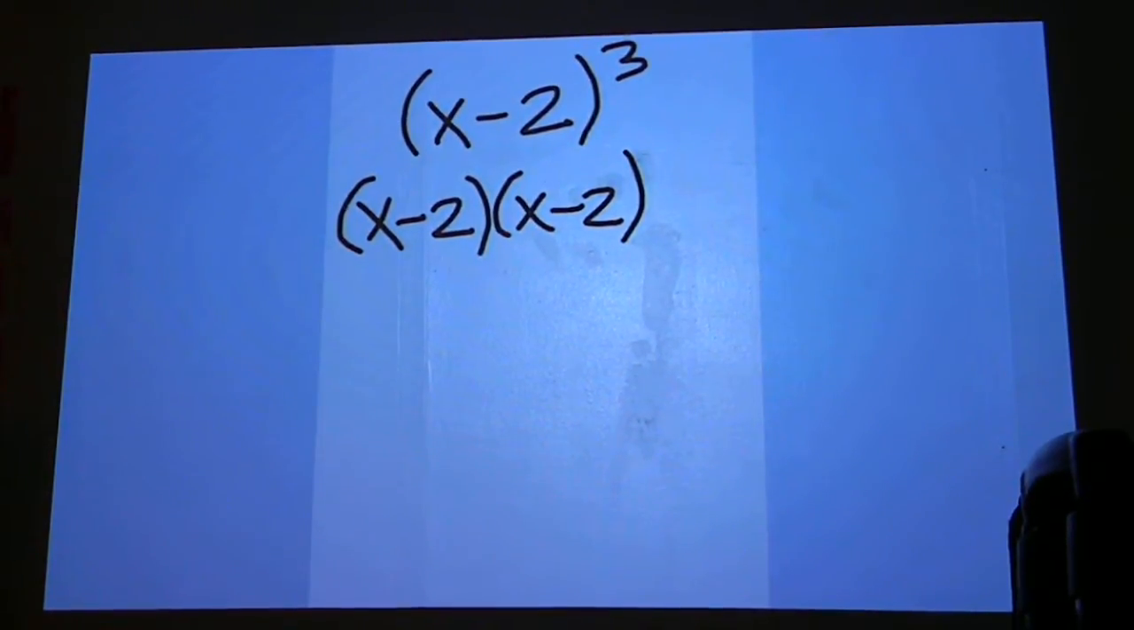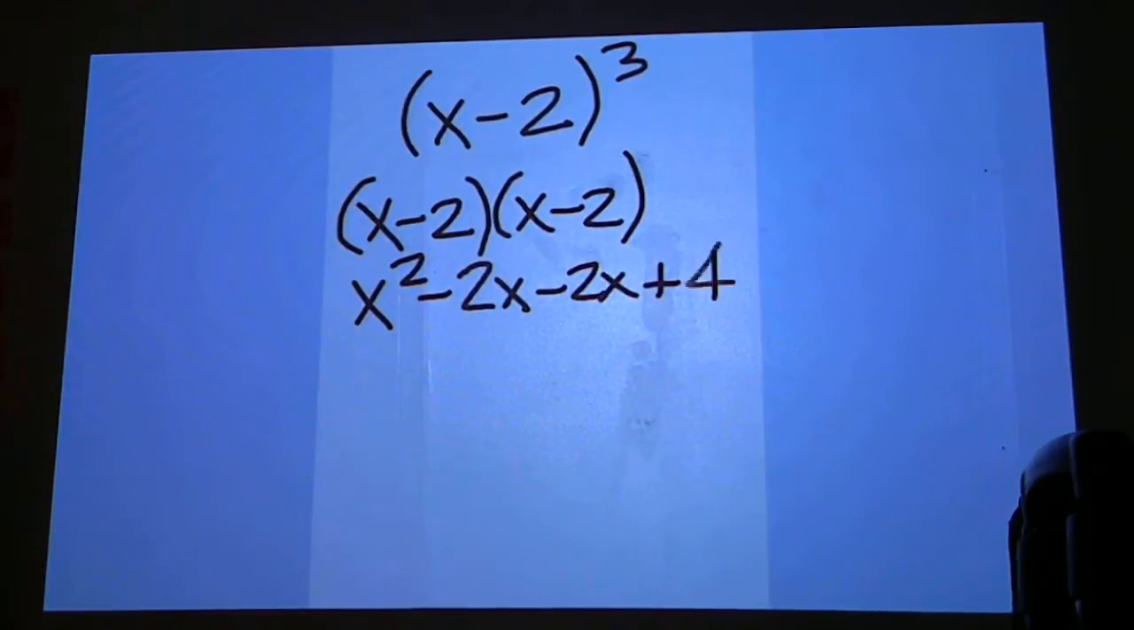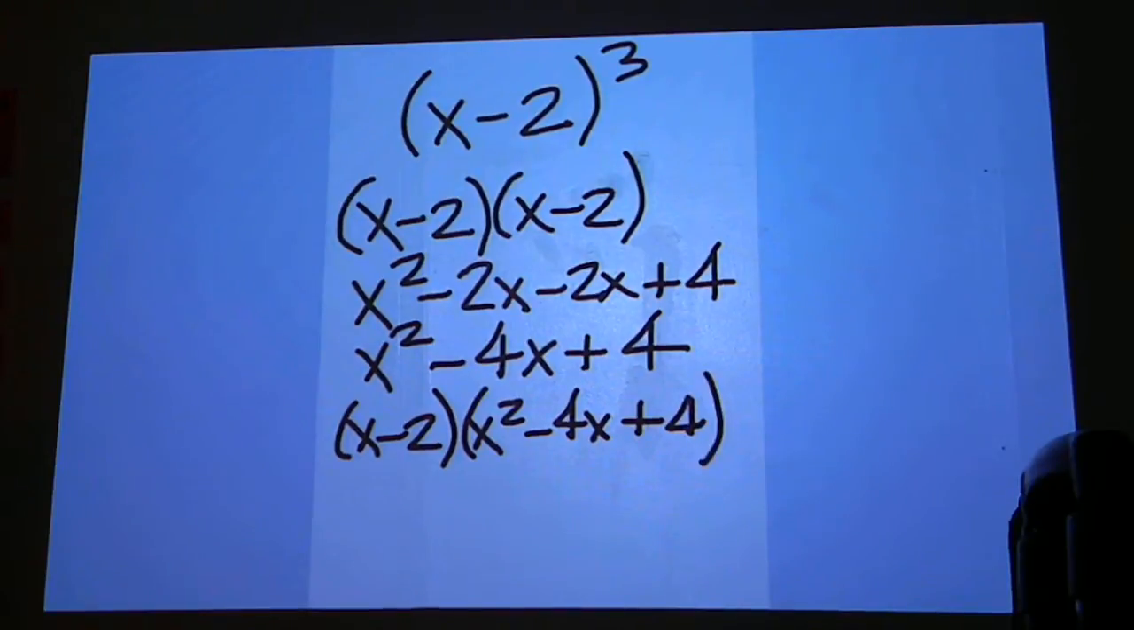So we'll do x minus 2 and multiply that out to come up with x squared minus 2x plus 4, and then simplify the middle. And what do we have to do with this answer now? Yeah, times it by x minus 2. So we'll have x minus 2 times x squared minus 4x plus 4, and that will give us an x